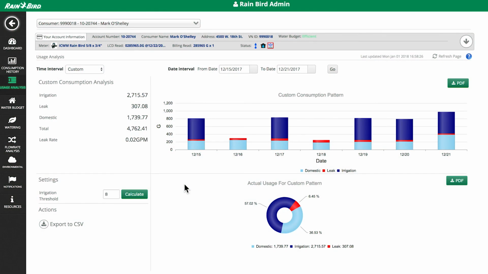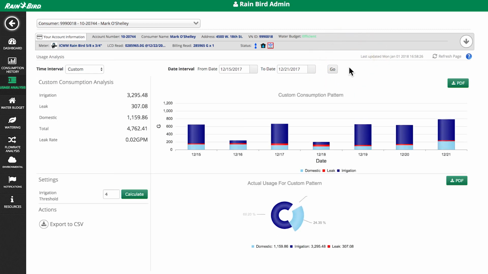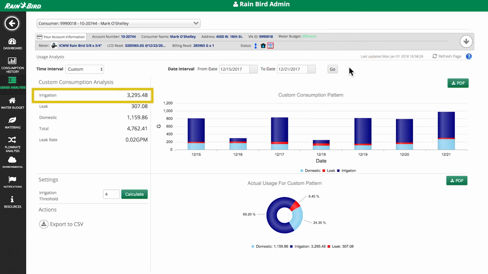Usage analysis gives us a breakdown of water usage by flow rate for the time period specified. So in the last week, if we set our irrigation threshold to 4 gallons per minute, as we determined on the Consumption History tab, we can see that our irrigation usage was approximately 3,300 gallons. Leak detection was 307 gallons. Domestic usage was 1,159 gallons. Our total usage was 4,762 gallons, and our leak rate was